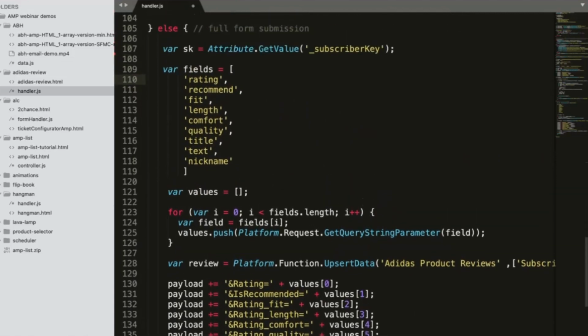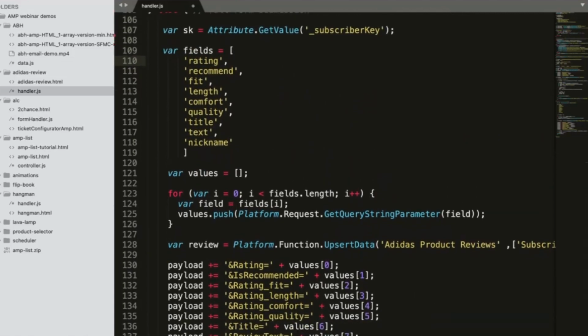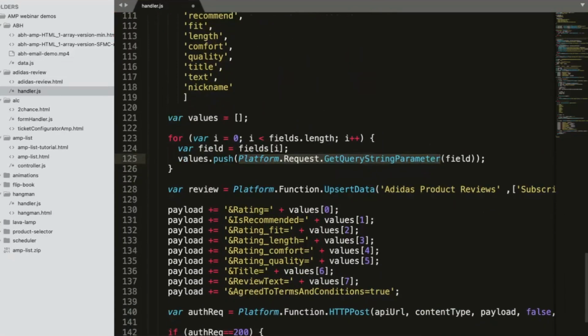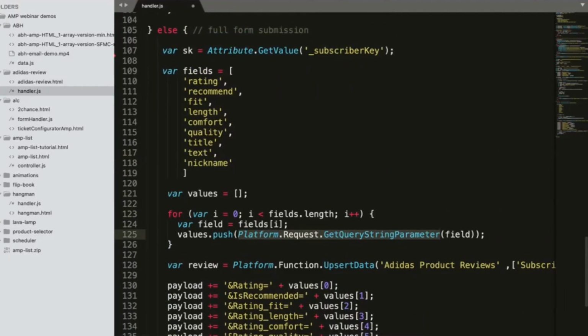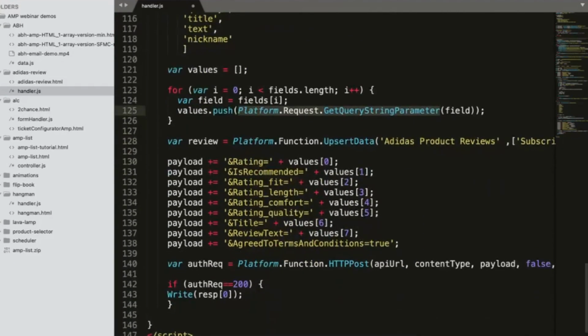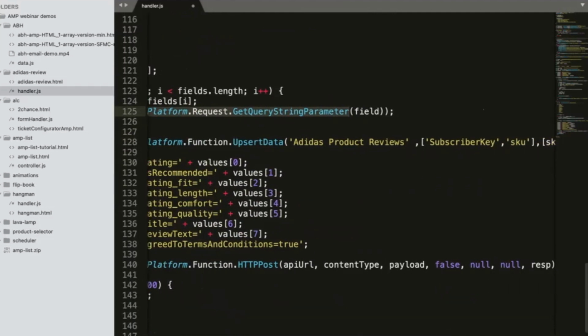In addition, I retrieve the fields from my form submission. For convenience, I quite cleverly defined these fields as an array, and I'm simply iterating through that array and getting the query string parameter from that form submission for those 9 form fields, and then pushing that into an array, this values array here, and then using the UpsertData platform function.